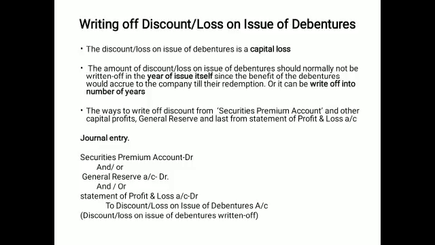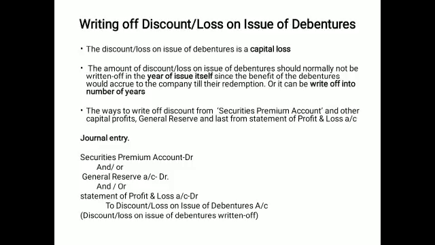Now this amount of the discount is to be written off. The condition says to write off first from the securities premium, if you have the premium, to minimize it, then the general reserve, and then the statement of profit and loss, writing off first from the year itself. If a balance remains, then use the methods to write it off. So I think the sequence is given to you.